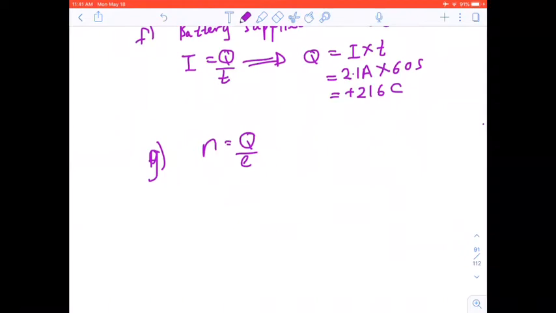But since we're dealing with positive charges here, the positive and negative charges in terms of the magnitude of the charge are the same. It's just that the sign is different. For electrons it is negative 1.6 times 10 to the minus 19 coulombs, and the other one is positive 1.6 times 10 to the minus 19. So if we look at this now, it will be equal to plus 126 coulombs